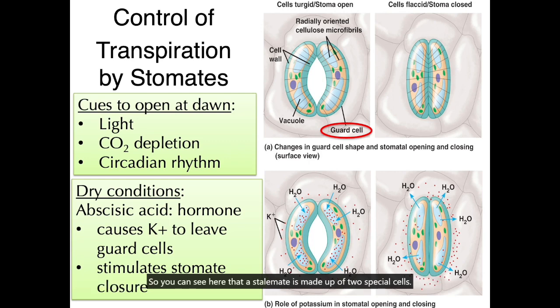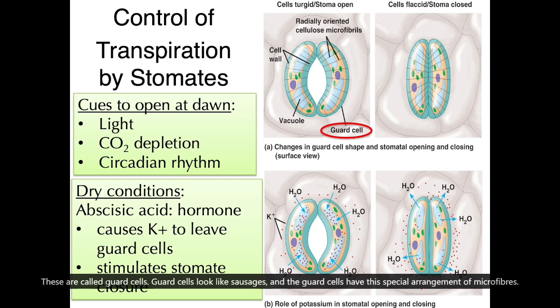So you can see here that a stomate is made up of two special cells. These are called guard cells. Guard cells look like sausages, and the guard cells have this special arrangement of microfibrils you can see here. And the microfibril arrangement is such that when the cell is flaccid, the cells collapse and they close the stomate. And when the cell is turgid, that is under positive pressure,